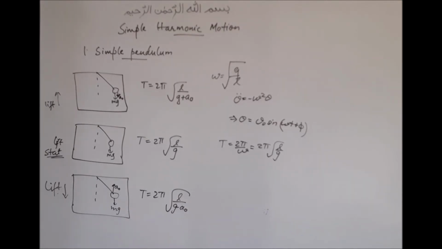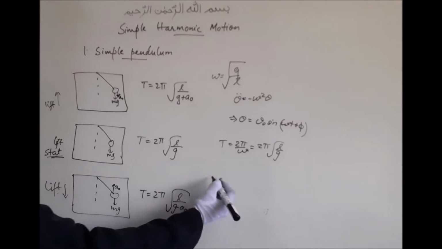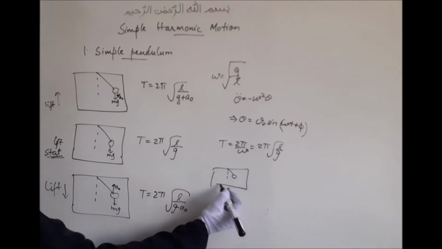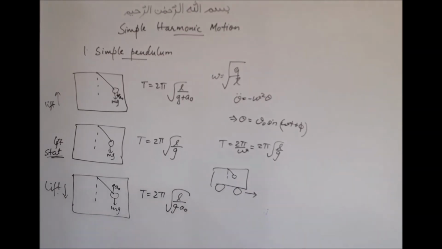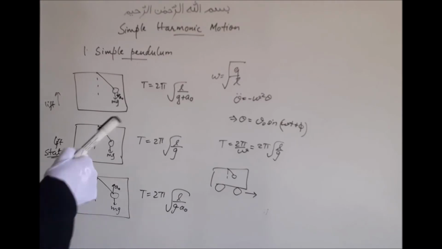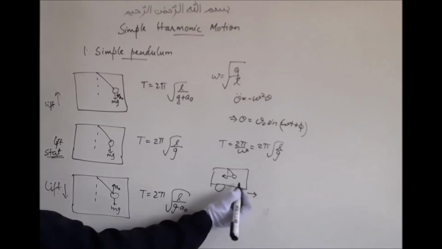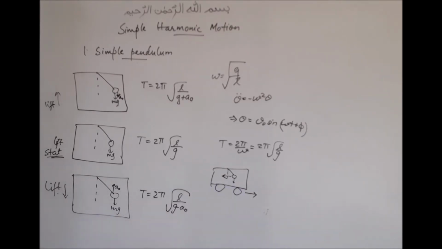Now if we have a pendulum inside a car where the car is moving towards the right. This is the car and this car is moving towards the right. When the car is moving towards the right, the bob is going to experience an external force because of the motion of the car, but that force on the bob is going to be backwards. So we'll have one mg down and this one external force backwards. Okay, so this was related to simple pendulum. Now we will look into spring mass system.